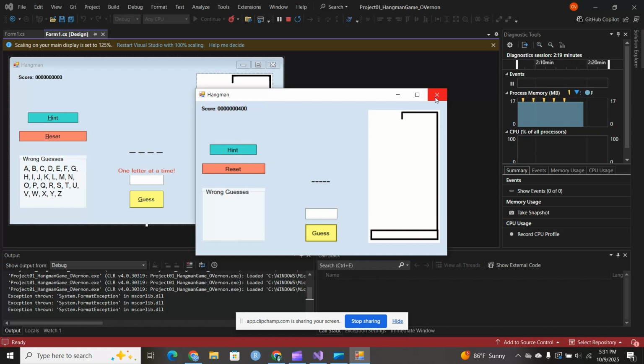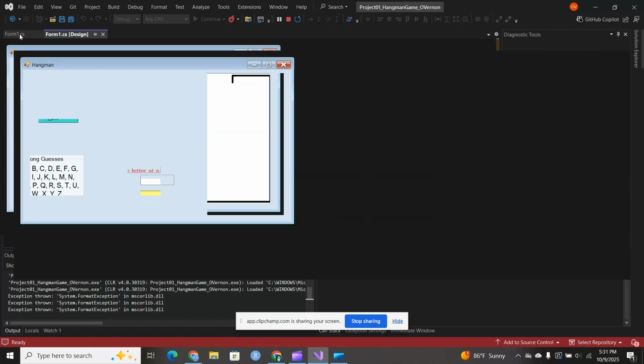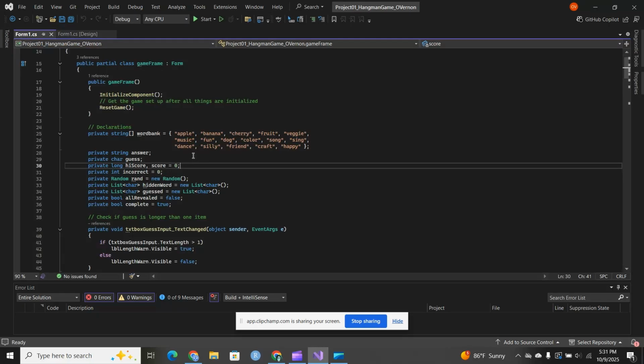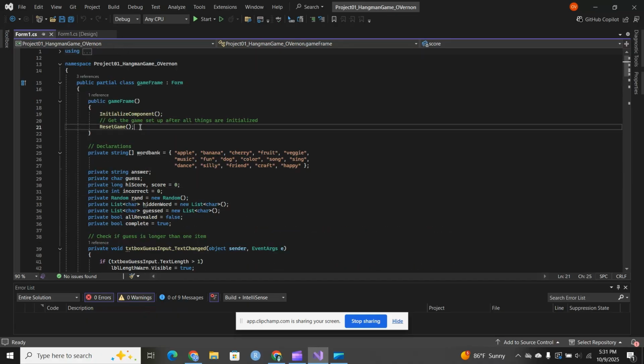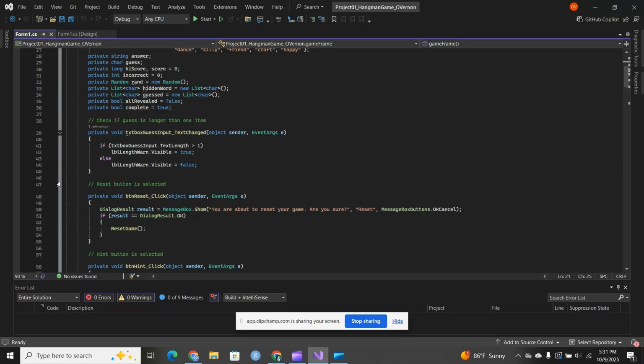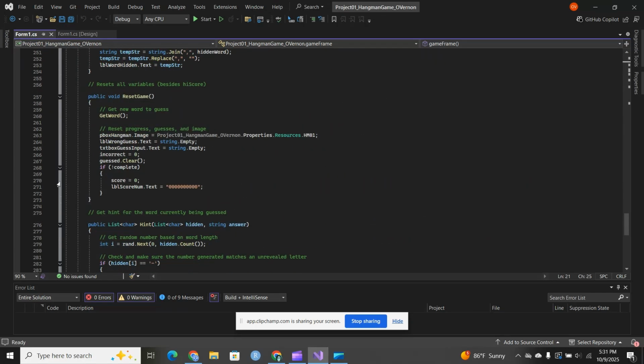So what's going on behind the scenes here? We can now see that over here we have our word bank of all of our words to guess. And you'll notice the first thing that happens after the initializing component is we call upon a function called reset game. And if I go down to reset game